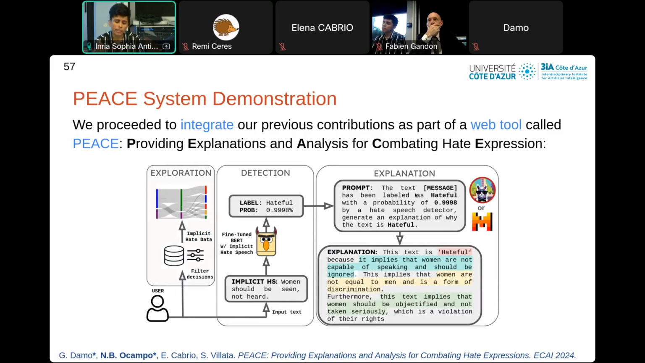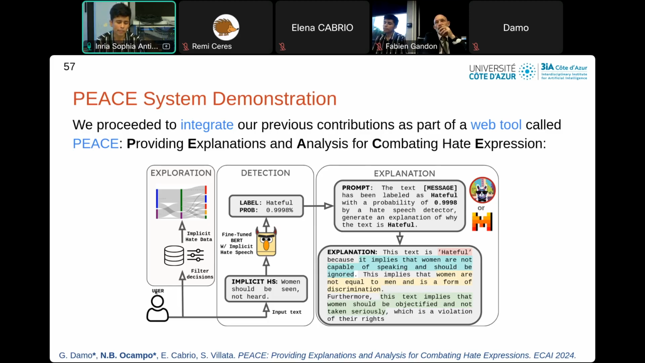And then this probability and label was inserted in the prompt of the explanation in order to make the final explanation. So in this case, the message given by the user has been labeled as hateful with a probability given by the detector. Generate an explanation of why the text is indeed hateful. And so then we proceed to get the explanation